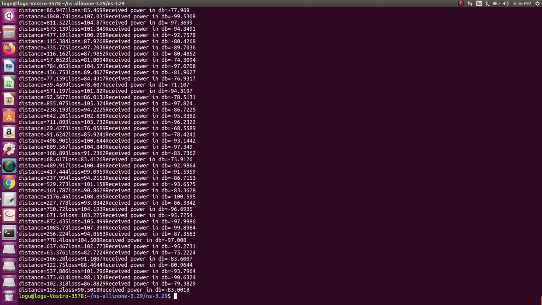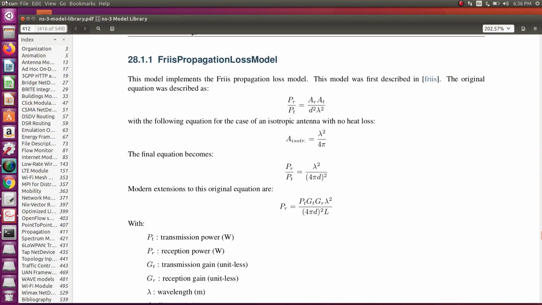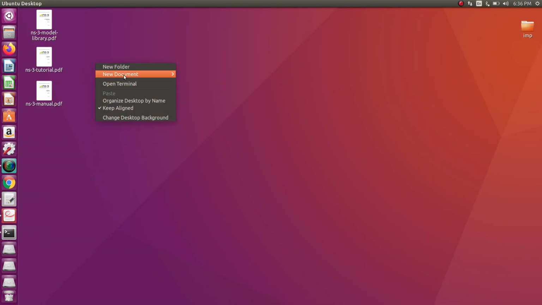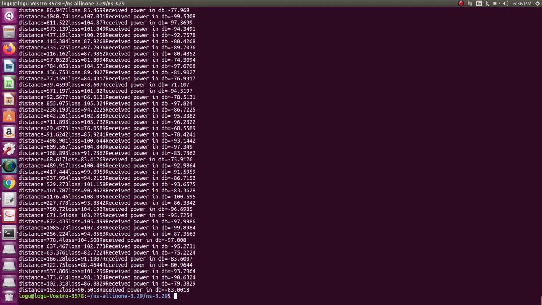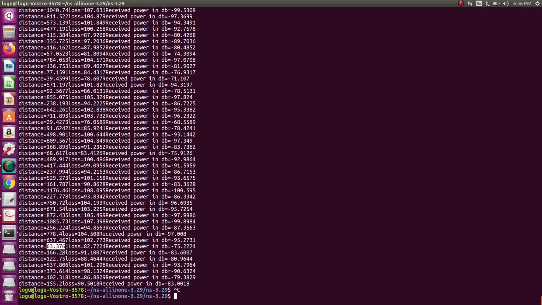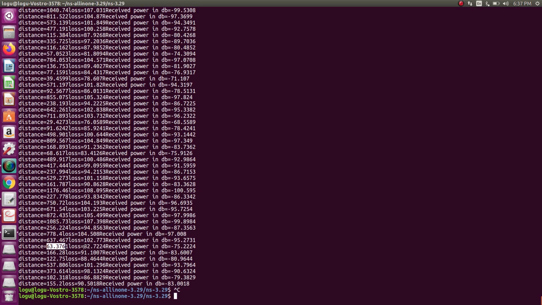Now what we are going to do is take some different distance values and different loss values, then plot a graph. First open a text file. First you have to take 63, then the loss value will be 82.